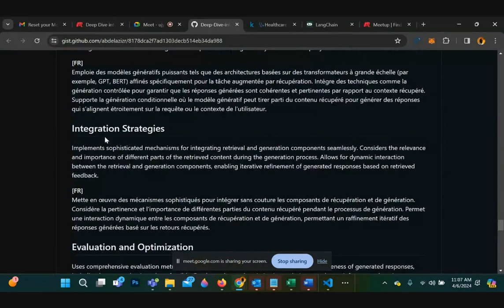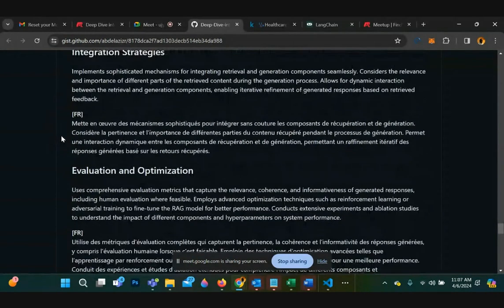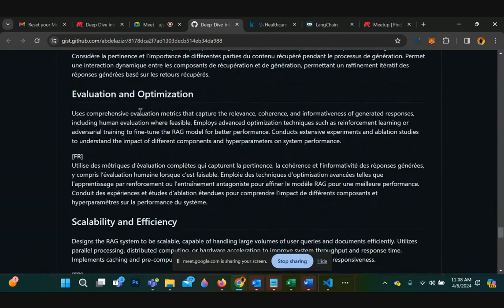So once these components are selected, then you do the integration, right? It's the same thing we looked at before, but this time we're looking at advanced RAG. Of course, the evaluation process will be done on the retrieval end, and also on the output from the LLM itself.